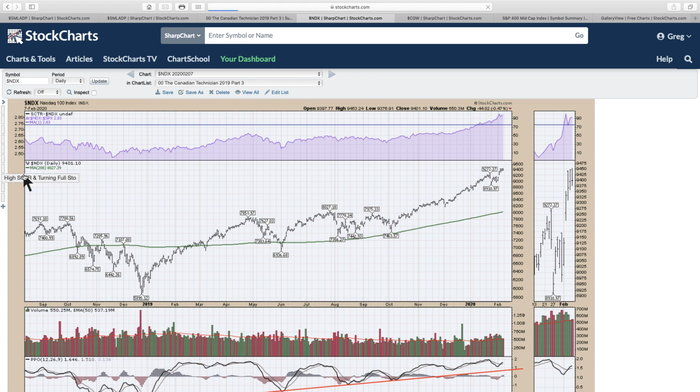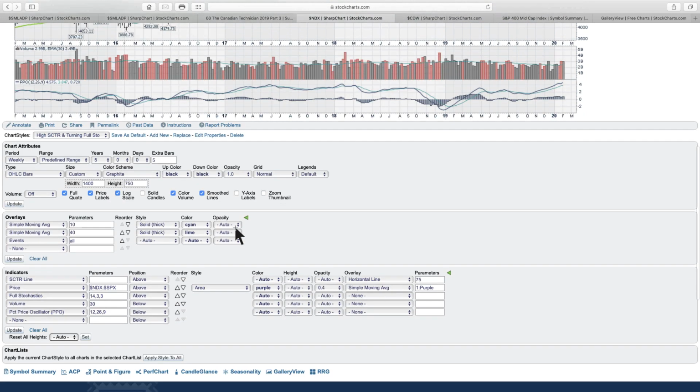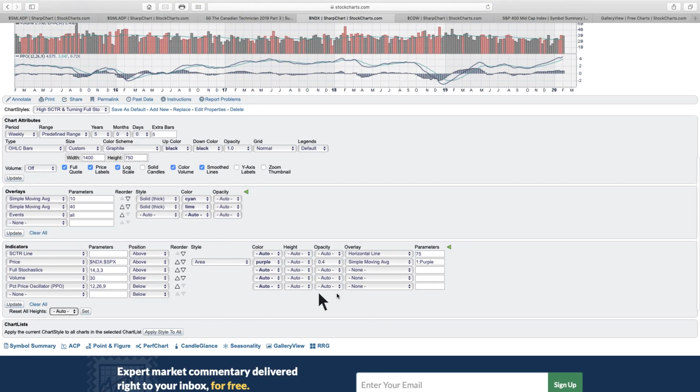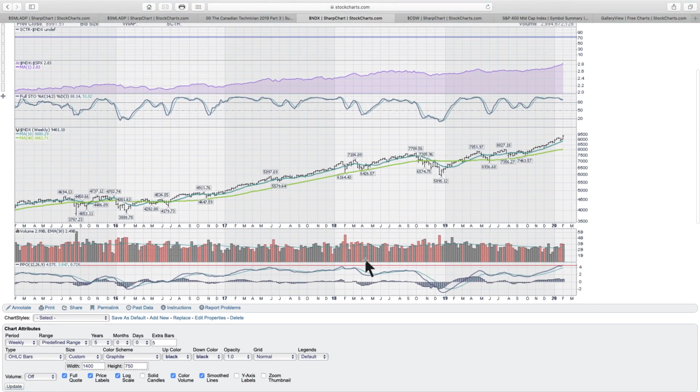I'm going to go to a weekly chart. And my point is that at this 4.575 level, when we get up here, I can put a horizontal line on top of that. So I'm going to put it at 4.575, and then I'm just going to make that line red or something. And then with that, so it's drawn this line on here for us. But what I want to point out is it's higher than the 2018 peak, higher than 2017. And with the exception of the QE periods, over the last 20 years, we have only been up at